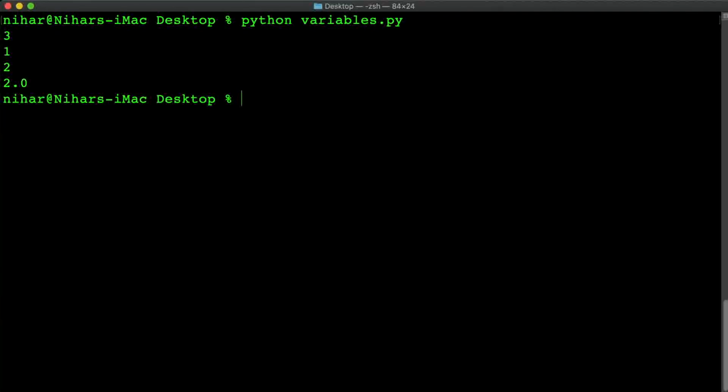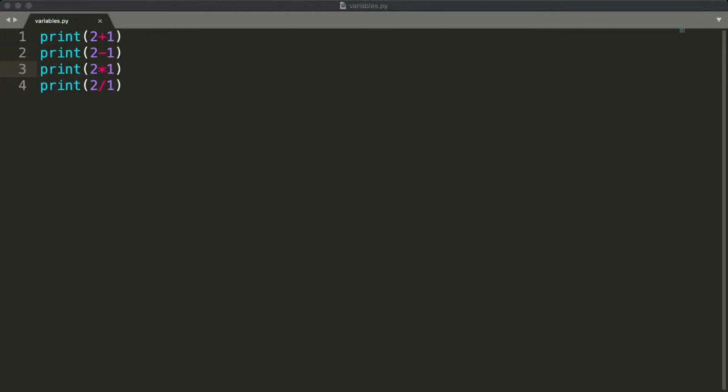2 plus 1 is 3, 2 minus 1 is 1, 2 times 1 is 2, and 2 divided by 1 is 2. I'll get into why this says 0.0 in a future video. It's a little bit complicated now. So yeah, going back to our Sublime Text, our text editor,